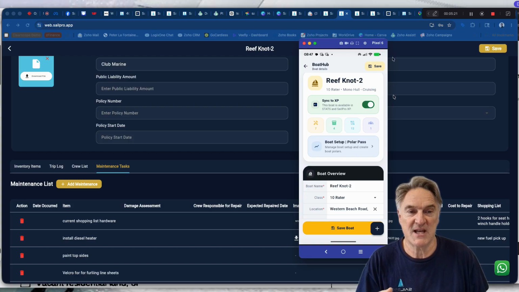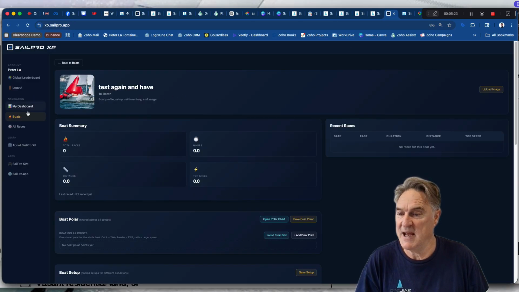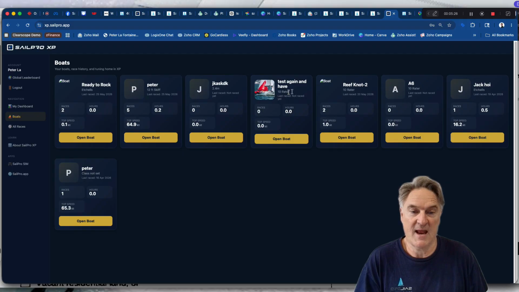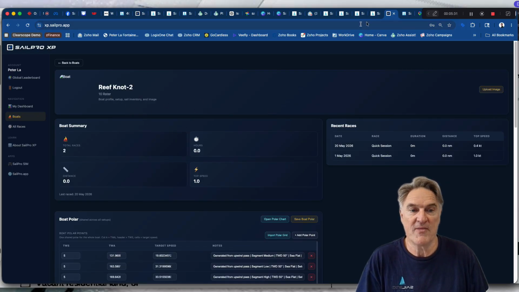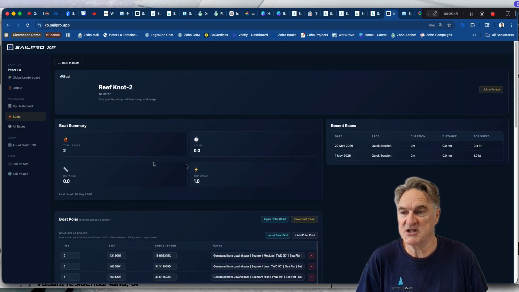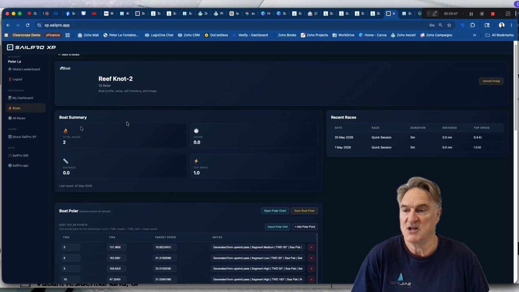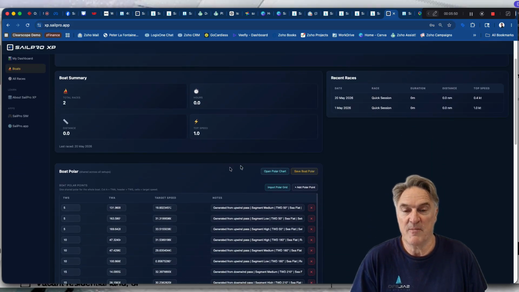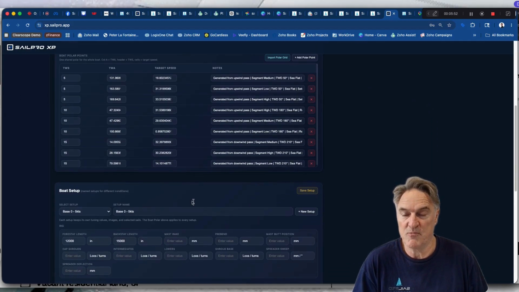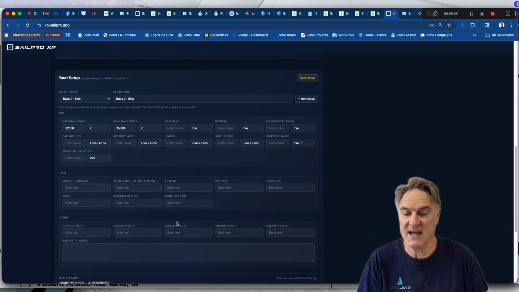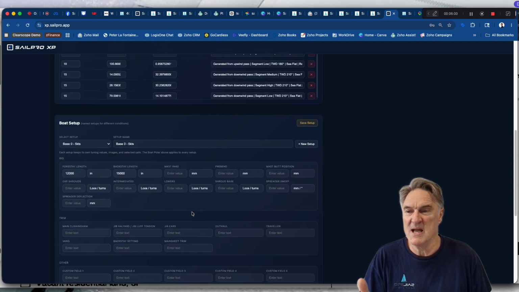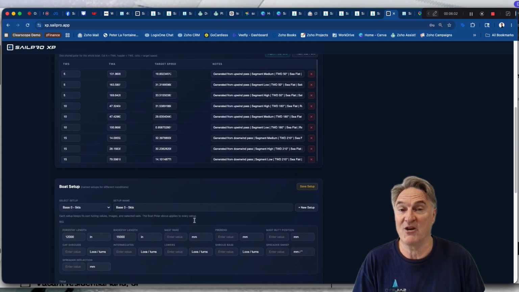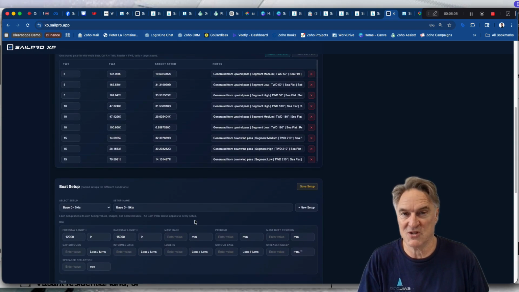Okay, so if I sync here and then I jump into XP and I go to my boats, where is that boat? Here's that boat here, okay? And so now that boat exists inside BoatHub, but it also exists inside SailPro XP. In SailPro XP, you could be doing a boat polar for it. You could be putting all the boat setup details in here, some images for your setups, your sail inventory, all that sort of stuff. So SailPro XP is more about your racing side or your training side of your boat,